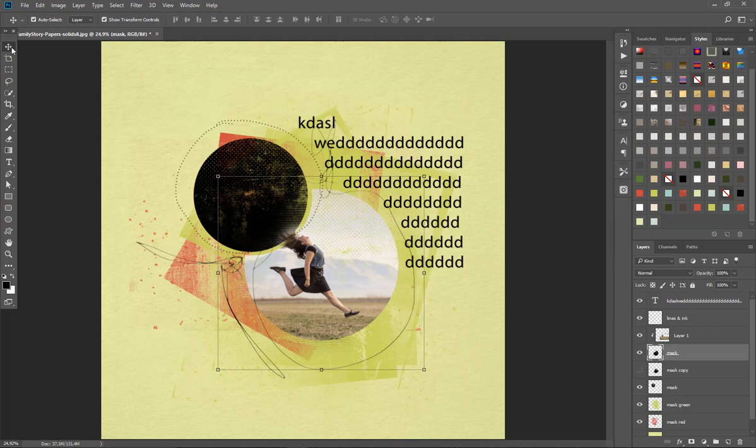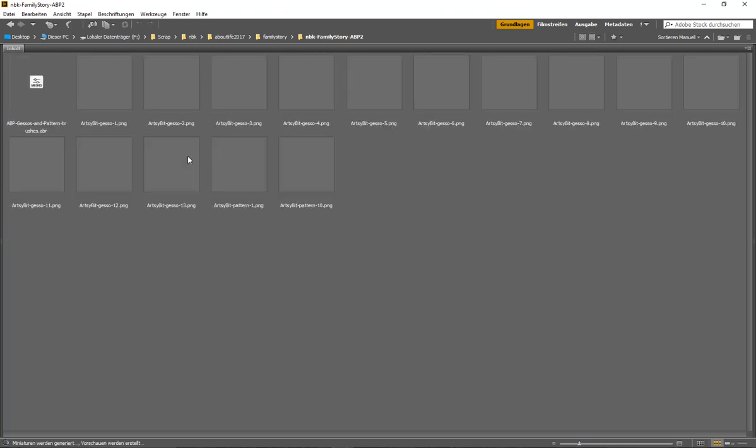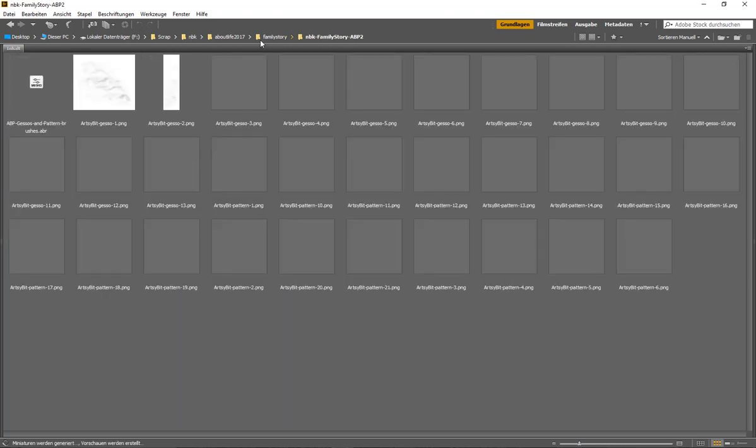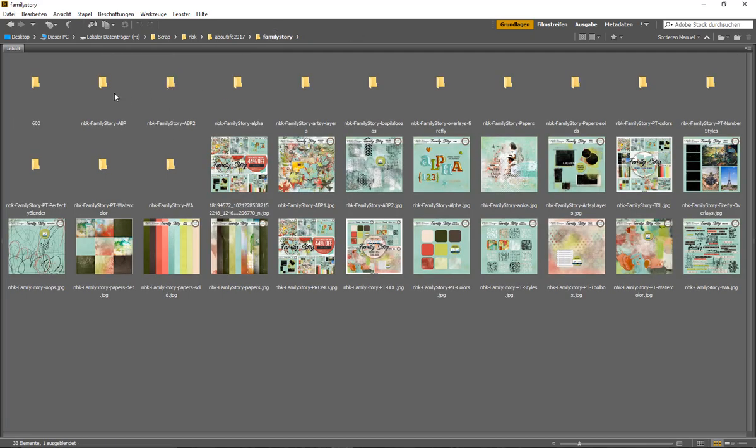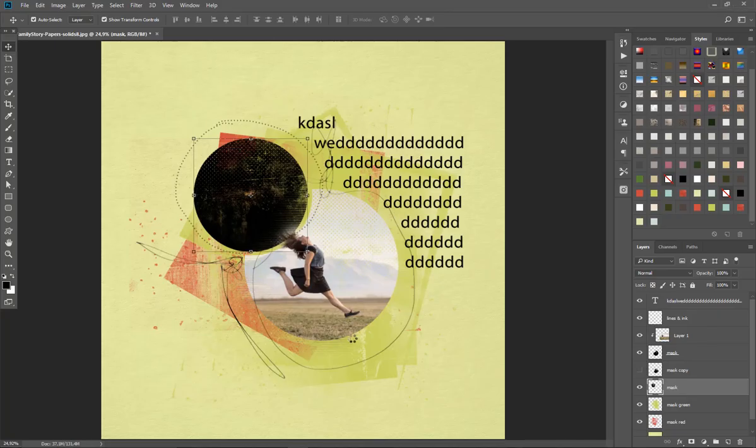Okay, so as I told you, you will only make some little changes on a mask, and in this mask you can clip in a paper, another photo, or you can also clip in artsy bits. Try it. Sometimes it looks really nice, and I have already tried this one, which has